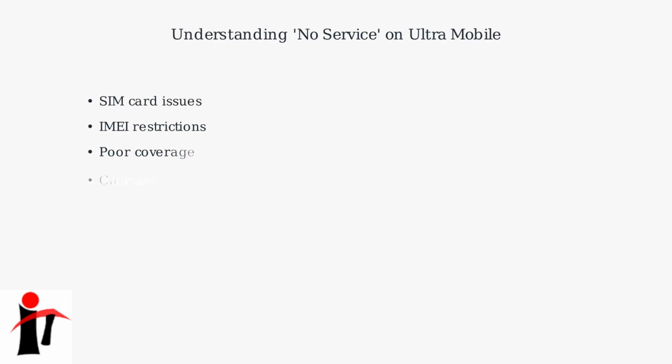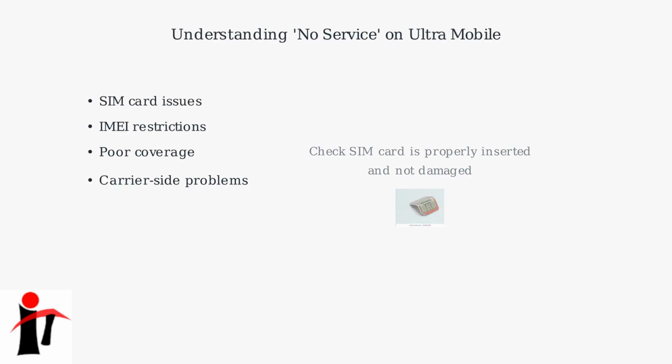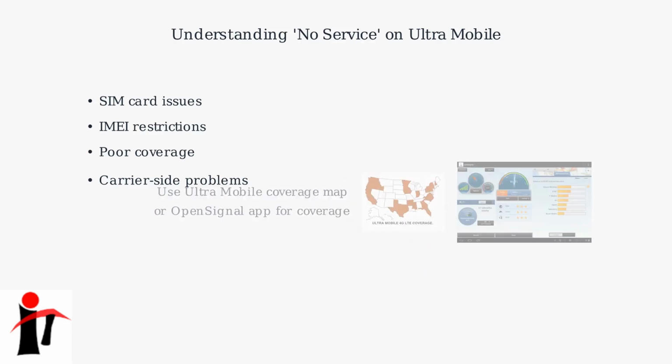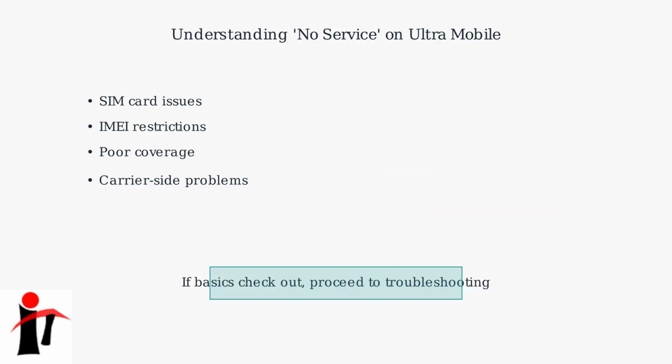Ultramobile's no service errors often arise from SIM card issues, IMEI restrictions, poor coverage, or carrier side problems. Start by checking your SIM card is properly inserted and not damaged. Verify your phone's IMEI is not blocked due to being reported stolen or having unpaid bills by contacting Ultramobile support